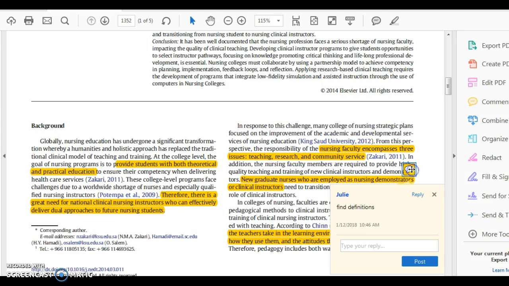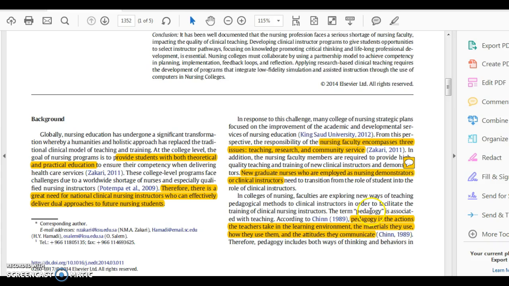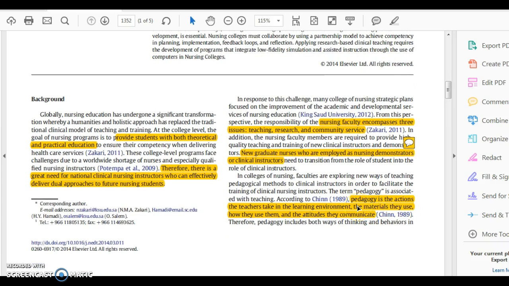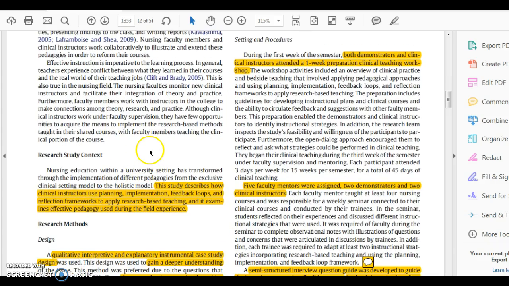So they talk about that. They say to find definitions. They talk about new graduate nurses who are employed as nursing demonstrators and clinical educators. This is a study from Saudi Arabia, so their terminology is a little bit different. You need to read through that and understand the definitions. What is it? Because that will help you know, oh wait, can we use this study in the United States as well? Which we can. Pedagogy, you MSN educators will certainly know what this means by the time you get done with school. So you just need to keep track of the different terms